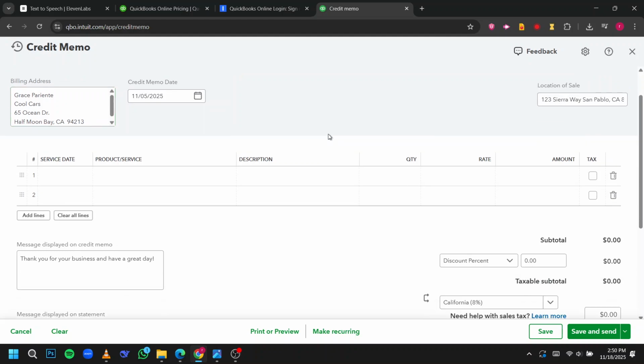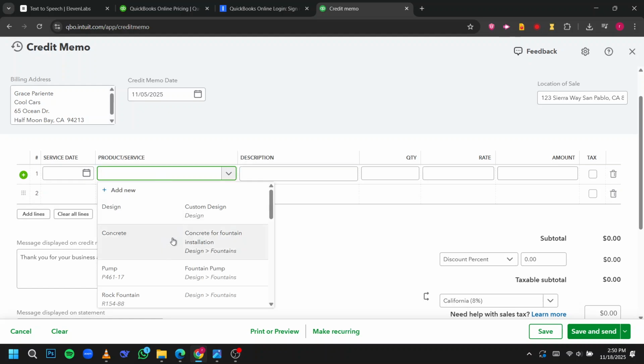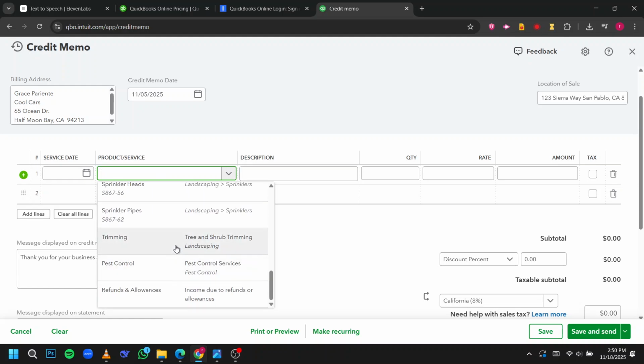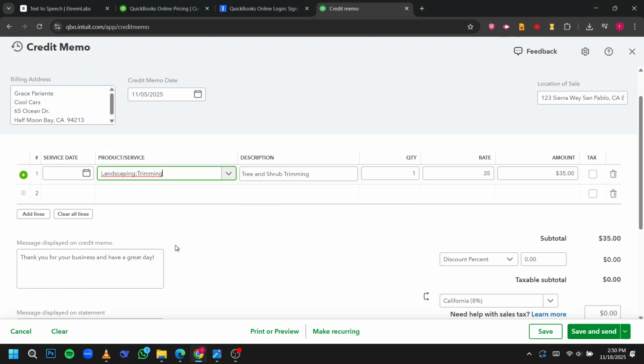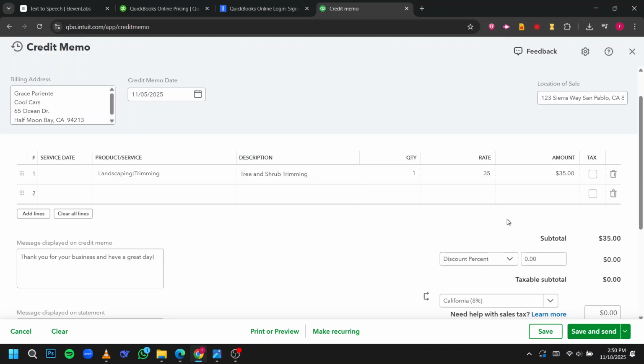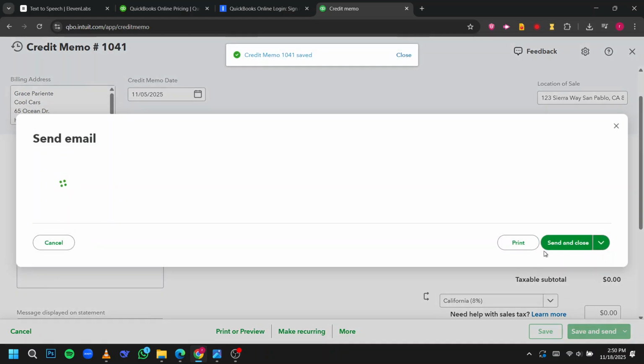Next, add the product or service associated with this transaction. Make sure it aligns correctly with your records to keep everything consistent. Then, enter the amount for the memo, double-checking for accuracy to ensure your records reflect the correct monetary value. Finally, once you've entered all the information, locate the Save and Send button and click it. This will save the credit memo in your QuickBooks system, and if linked, can also send a notification to the